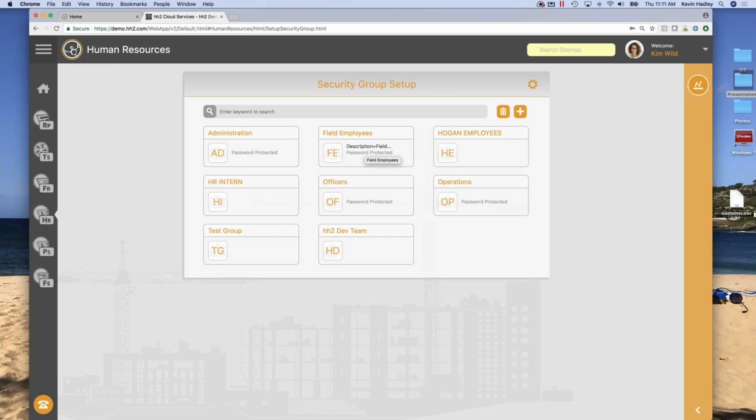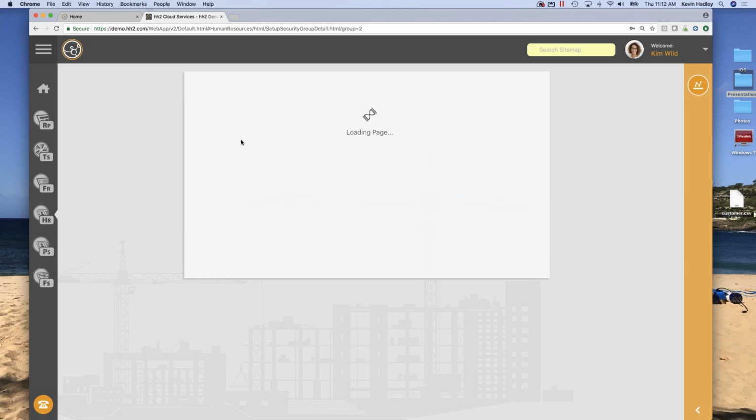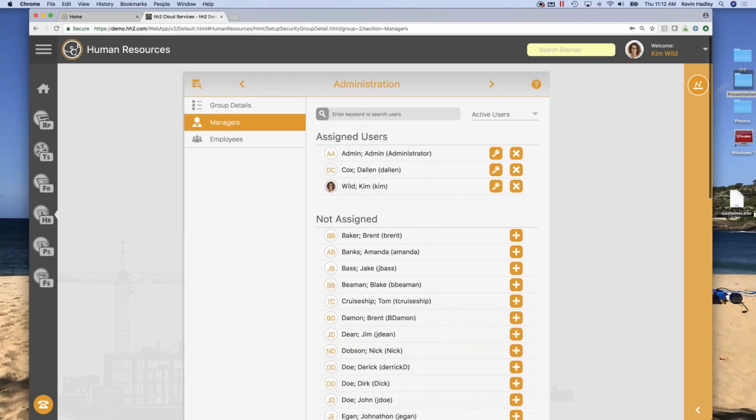Because we're dealing with sensitive data from employees, and because we may have multiple people within the company that may need access to employee records, you can set up various types of groups of employees. Maybe you have an administrative group. If you set up an administrative group, you can specify employees who may be managers of that group or who have access to that group.